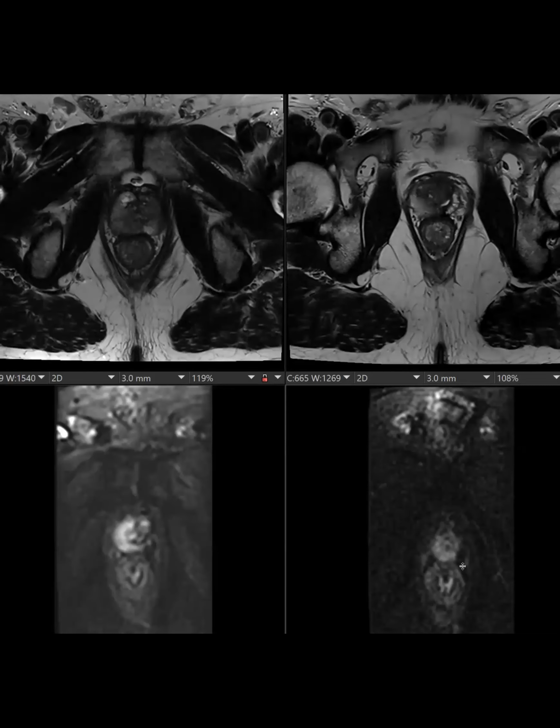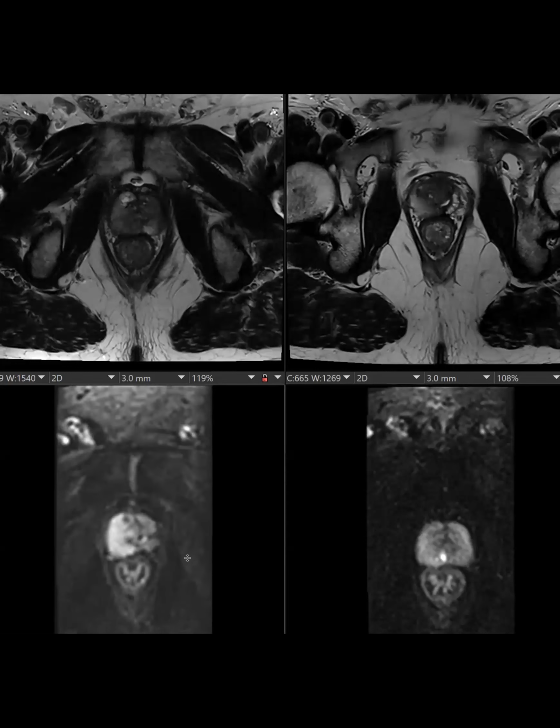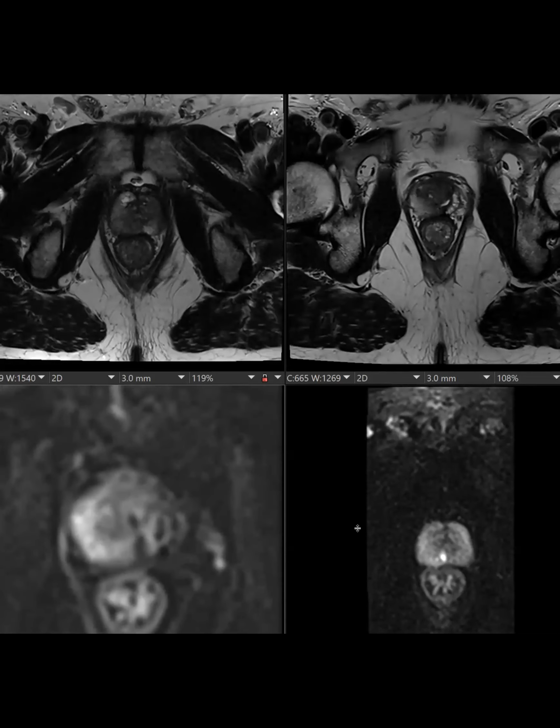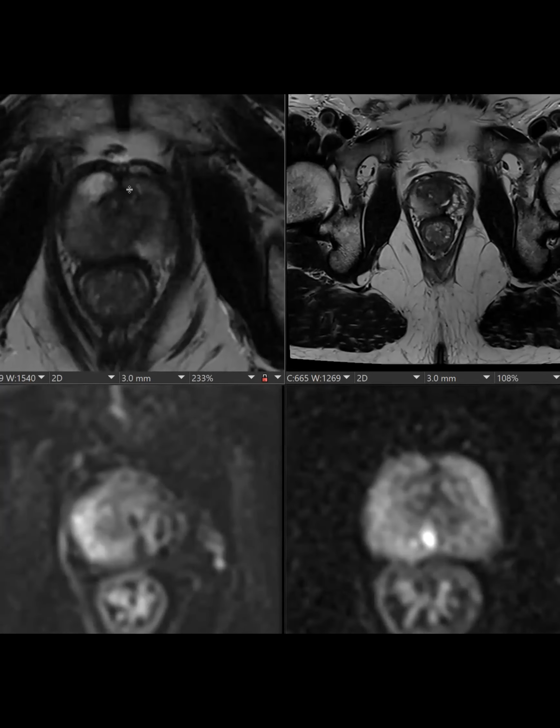And then your ADC. So it's like shining through. It's not really restricting on ADC. So what do you think? I feel like it's not dark enough to be granulomatous prostatitis. Maybe some other kind of prostatitis